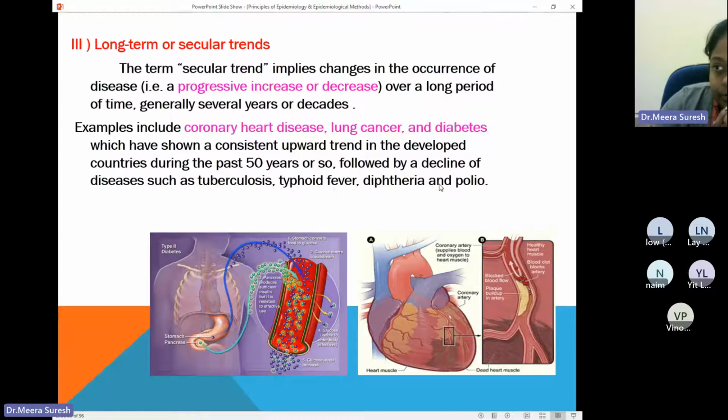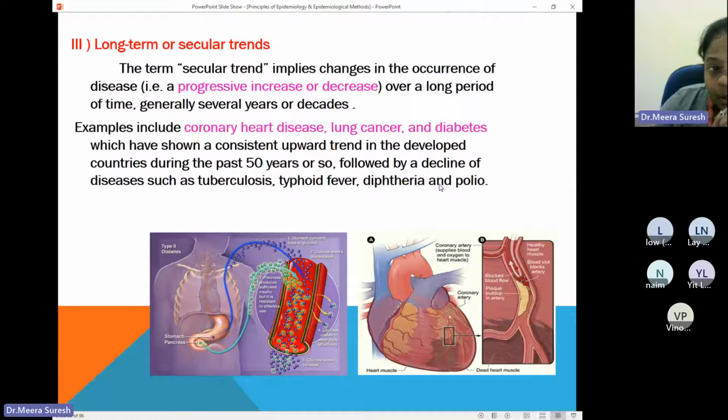So I hope you understood the difference. In the previous one, they were saying only about the modern epidemics or the modern lifestyle diseases, which is like an epidemic increasing in number over a long duration. So that one is mentioning only about an increase in prevalence, so the increase of disease condition.